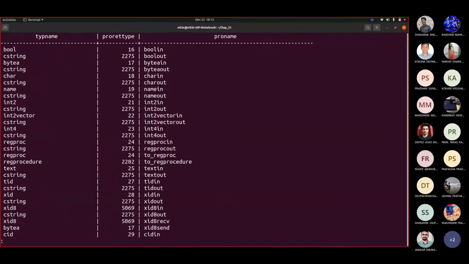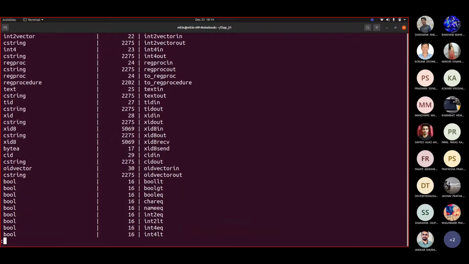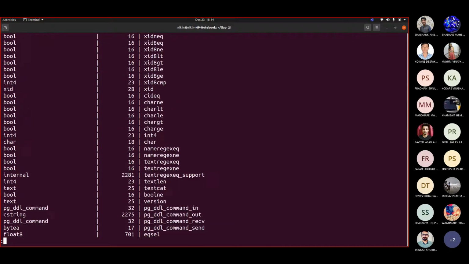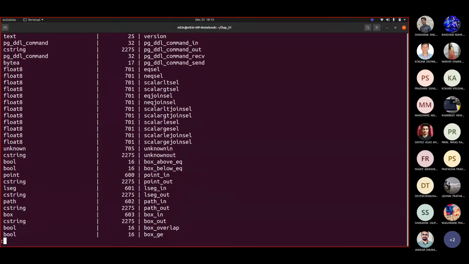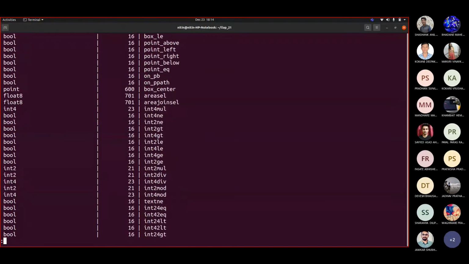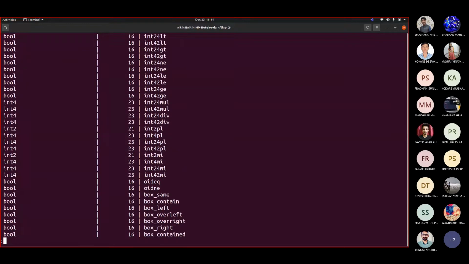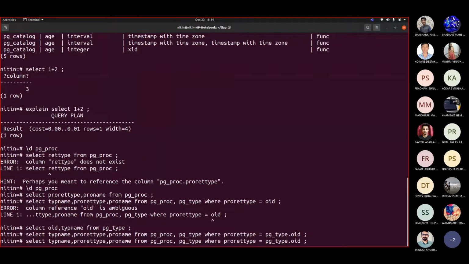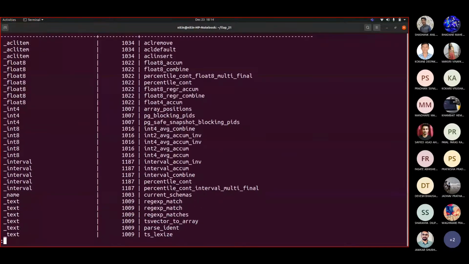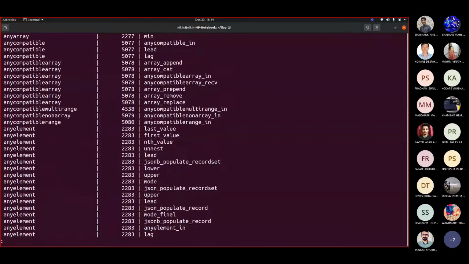You can see this is the procedure name that you may have, this is the procedure return type, and this is the return type name that can be seen. Let us use order by typname.